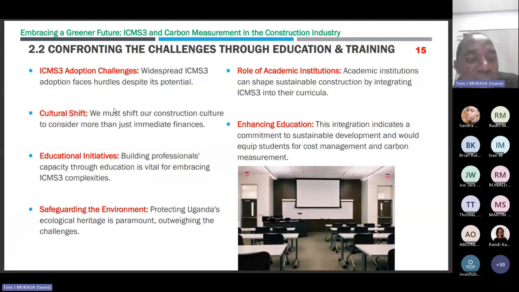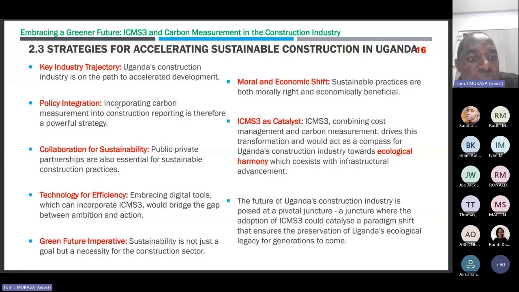So, the message is that we need to shift our culture from looking at only immediate finances, but also looking at the future. So, if we all have a capacity to do this, we believe that we shall be making better designs which are sustainable. So that is the reason that I am actually trying to participate here. I'm supporting someone whom you know that he's too much into this research, called Dr. Nathan. He is even a co-author of this standard. So that is what I believe in.